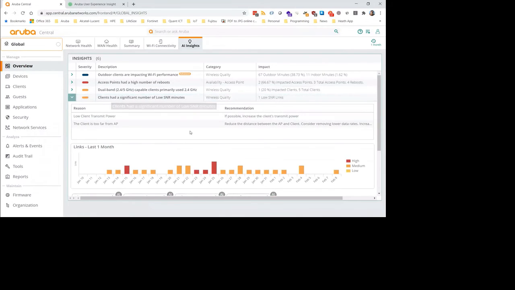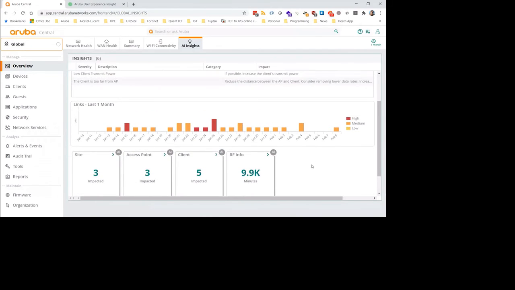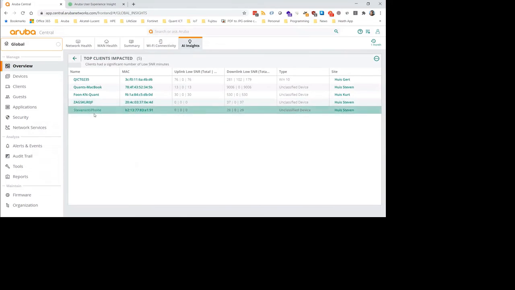Yeah, clients had a significant number of low SNR minutes, also quite normal, because of course I only installed 1 AP in every house, or well, I didn't install them, but I only gave 1 AP to every person, and that is somewhere in the house. And if you take your phone or your laptop with you or whatever, the signal will go lower and you will have issues. So yeah,